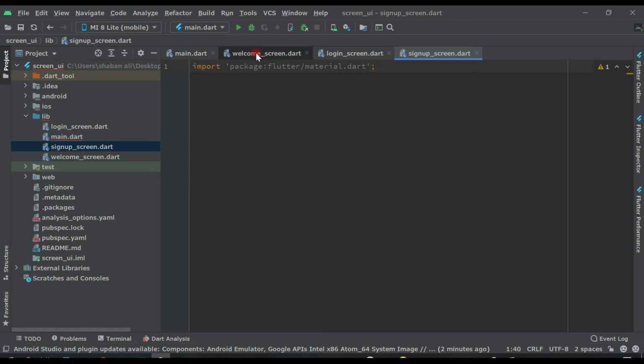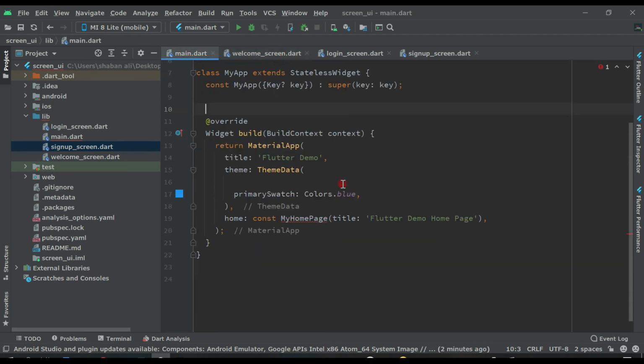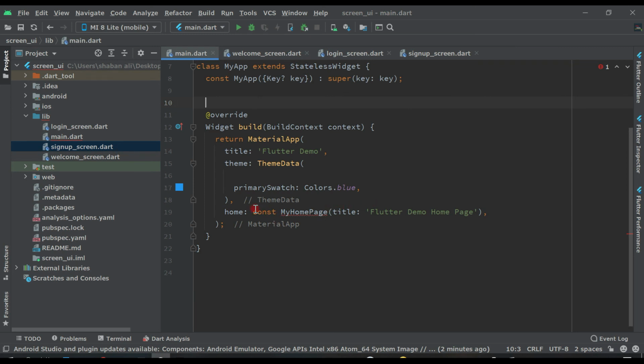Now come to the welcome screen. Actually, come to the main here and just remove this, and here we will pass our welcome screen. First of all, let's create this welcome screen.